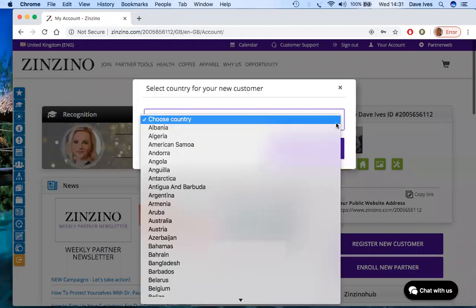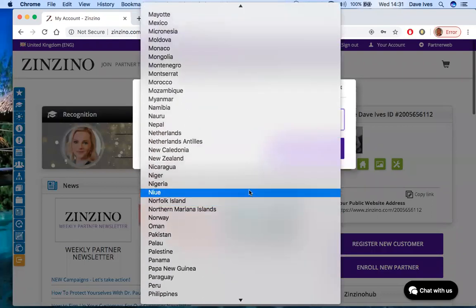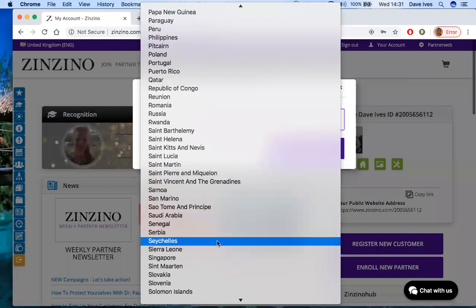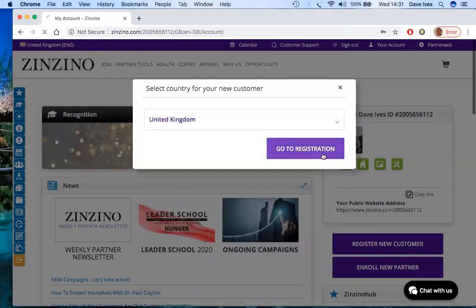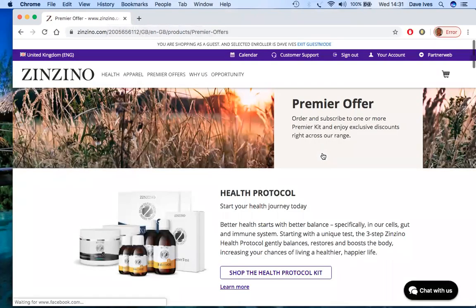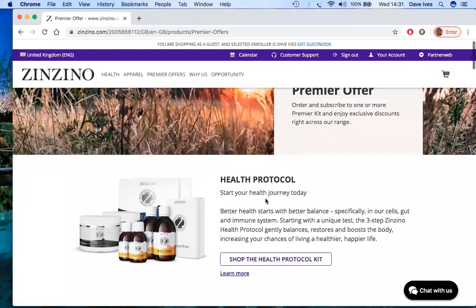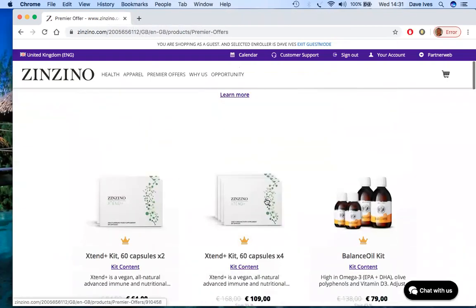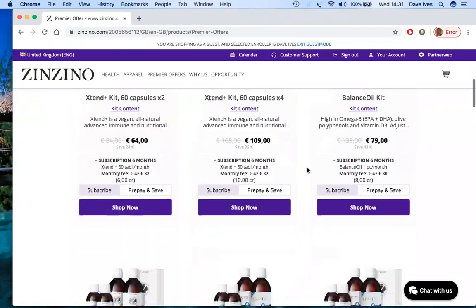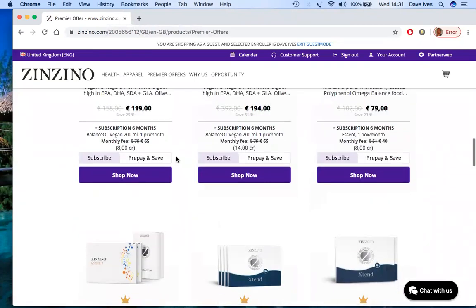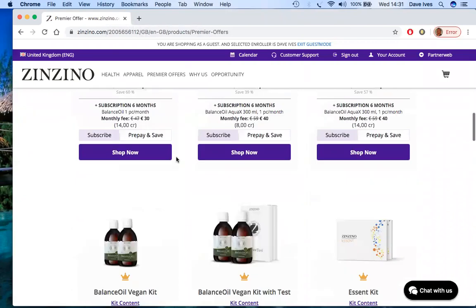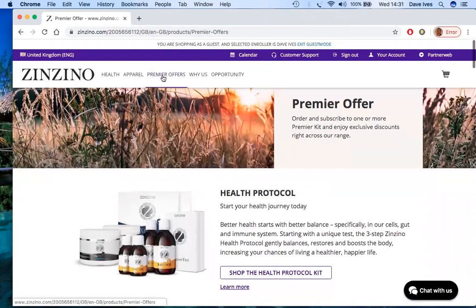So once again, let's select the country that we're going to be purchasing products in. Let's remain with the United Kingdom. Now go to registration. So now we're in the process of selecting product. Again, protocol is at the top. Now you start to see other products that you can mix and match within the protocol and all the products. So let's go and say I'm going to order